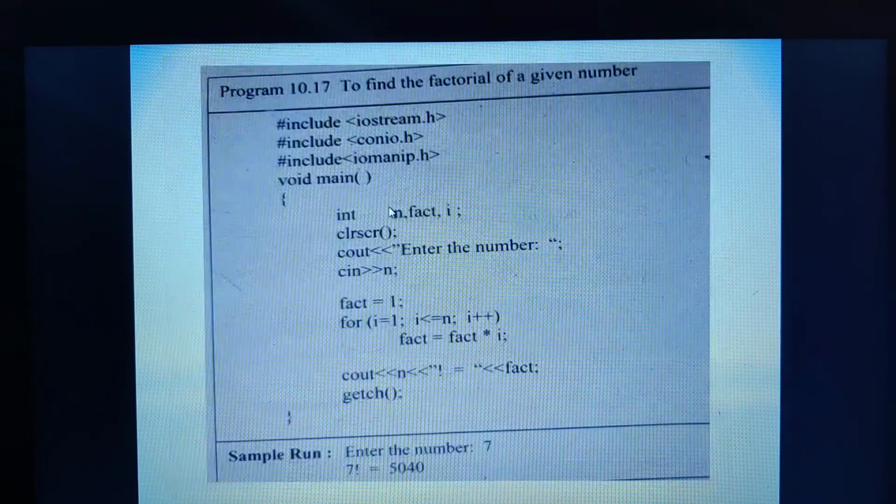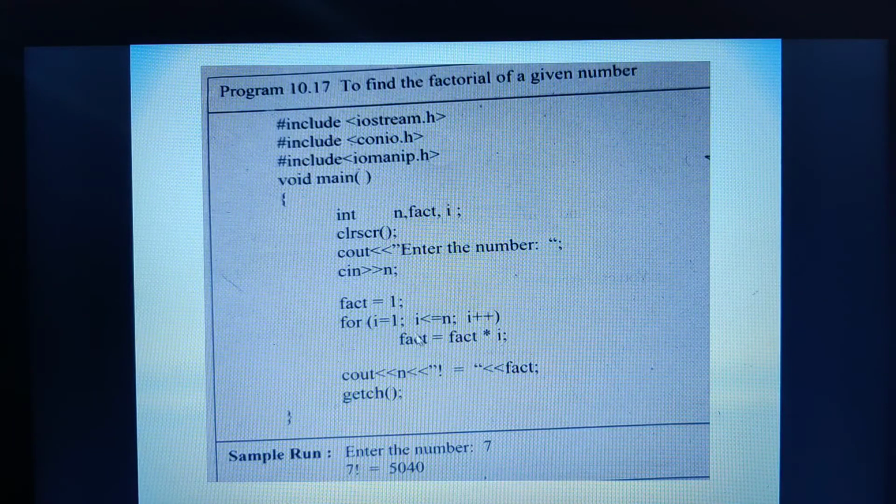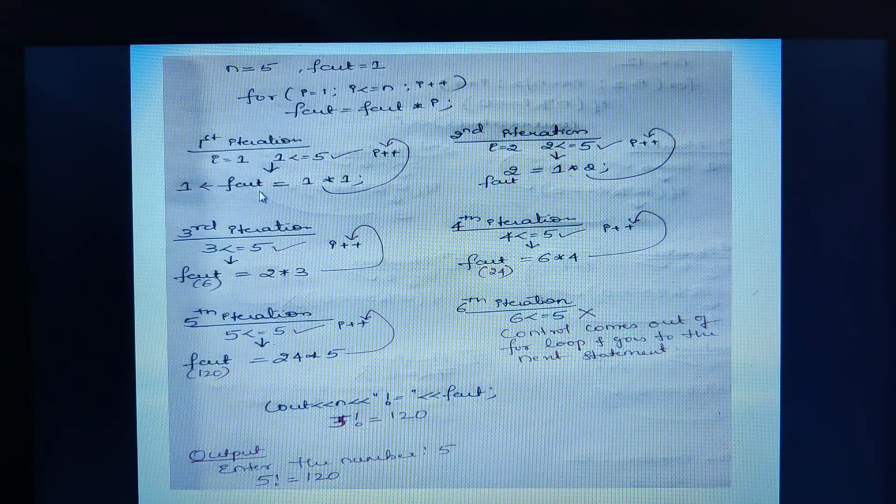The very next statement of the for statement, always remember, will be considered as the true part. Now here this is a single statement. The true part may also be a compound or block statement. So what is that? fact is equal to fact into i. So what is there in fact? Actually 1. So 1 into what is the current value of i? That is 1. So 1 into 1. The calculation takes place and we are assigning it to the variable on the left hand side. Therefore the value of fact will be 1. After this the control comes to the increment or decrement part. I hope you understand this one.